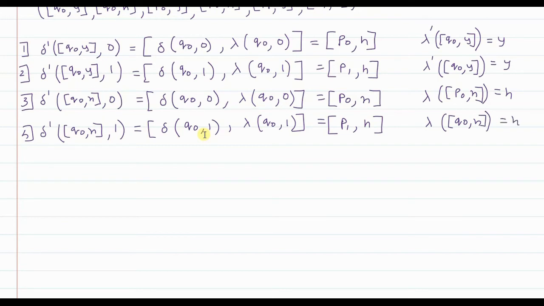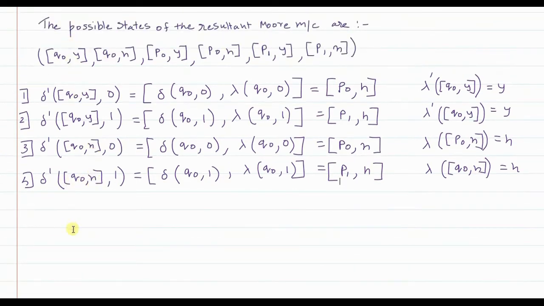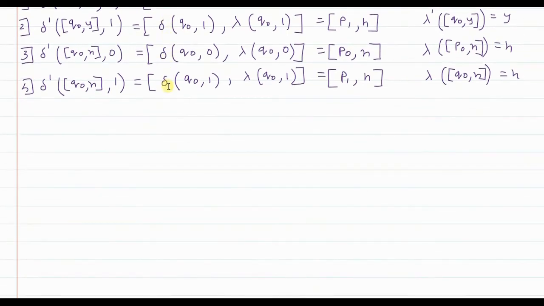Now when I say Q0 comma n, it is this state which is considered, I am talking about, right? So we have done the transitions for Q0y on 0 and Q0n on 0, Q0n on 1. So this one is done. Now the next state is P0y. Okay, so the fifth one